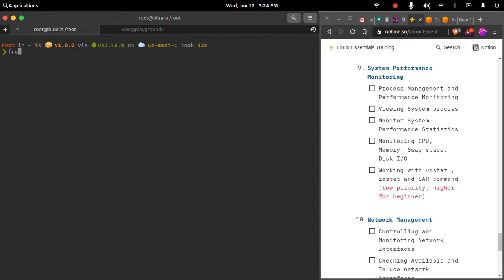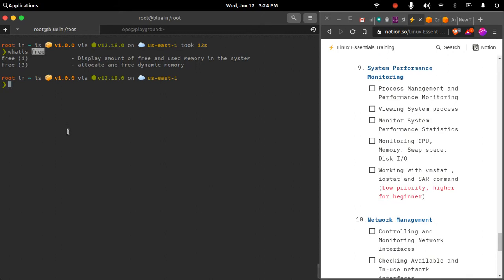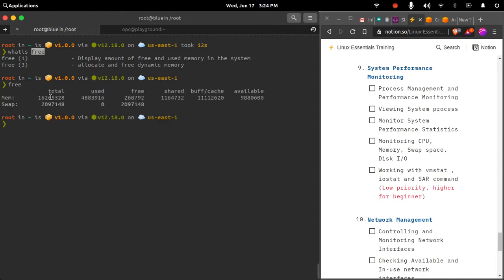Then especially for checking the memory on the system, the amount of RAM currently being used, I can use the free command. Free without any options will print the memory usage on the system.